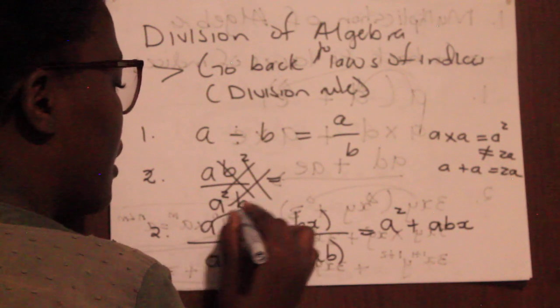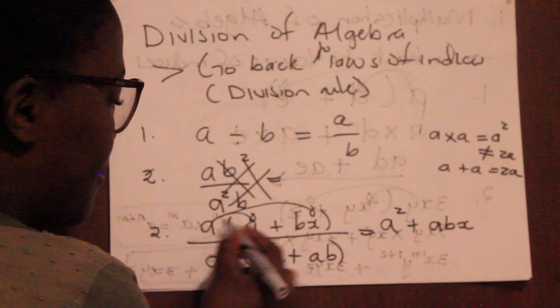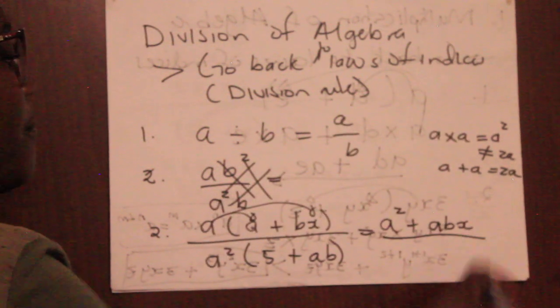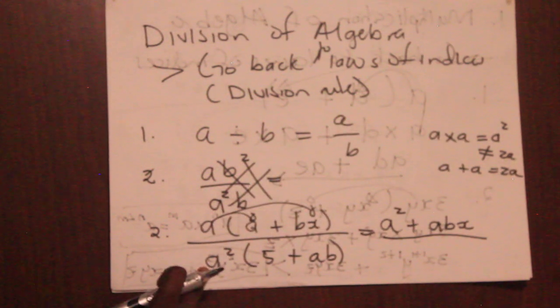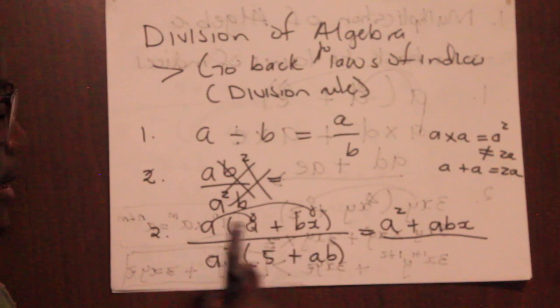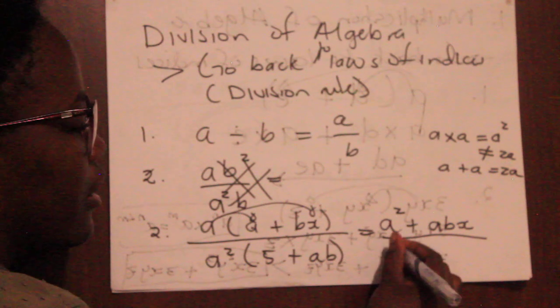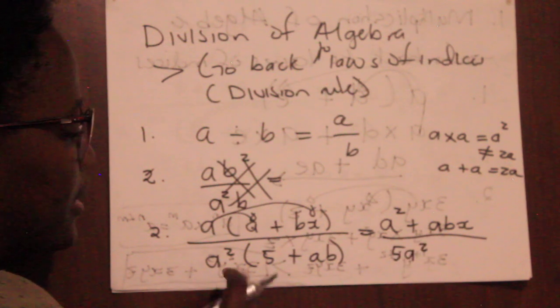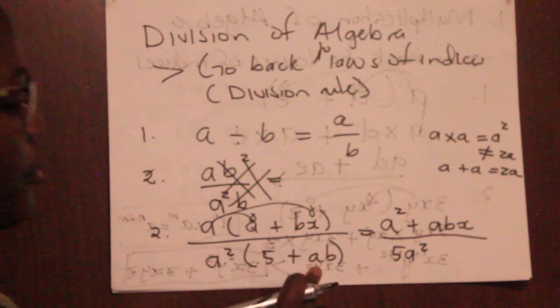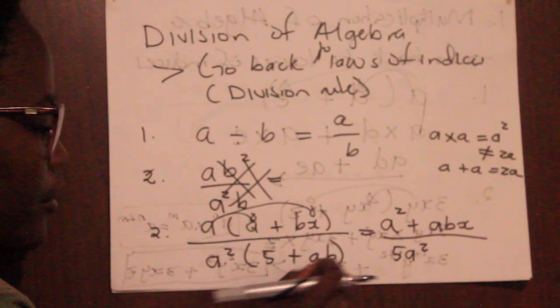So A multiplies A, and A also multiplies bx. Over A squared times 5, it will be 5A squared. And then 5A squared plus A to the power of AB. Then we have a 1 here. We know